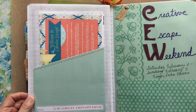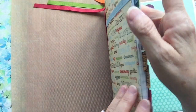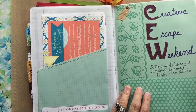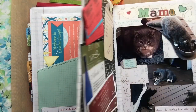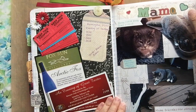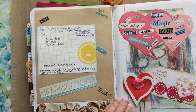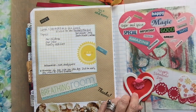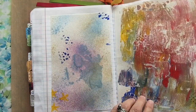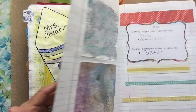And I have maybe four or five pages for each month. I think it started in June with my going to that conference, and it ended in June the next year. I don't have June on here, but I think it did. Picture of a stray cat that came to our house that I really kind of fell in love with. Again, tickets from events. There is just nothing fancy about this at all. These are foam kid stickers. These were some messing around with some art things that I did, again with my students, some jelly printing,